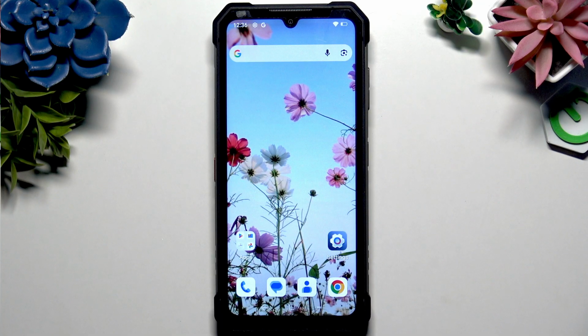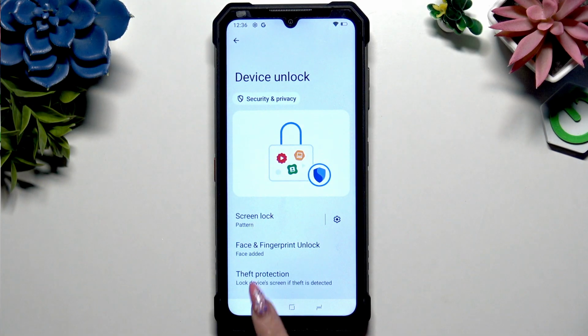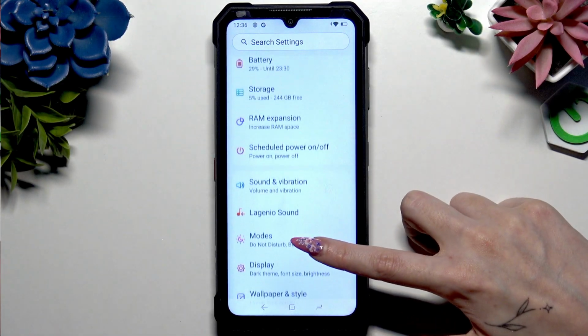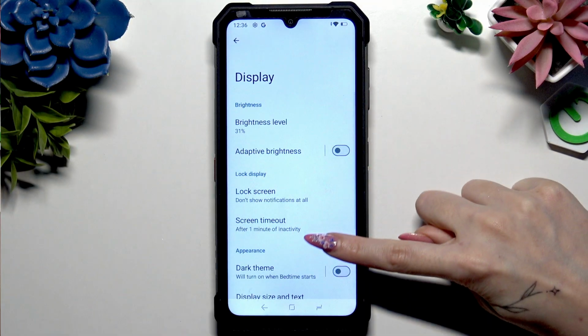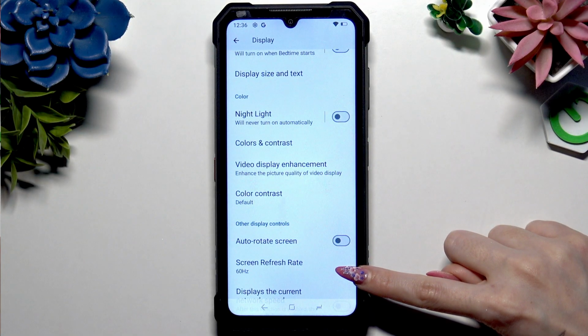First of all, you need to open Device Settings and click on this section here called Display. Now scroll to choose this one, Screen Refresh Rate,